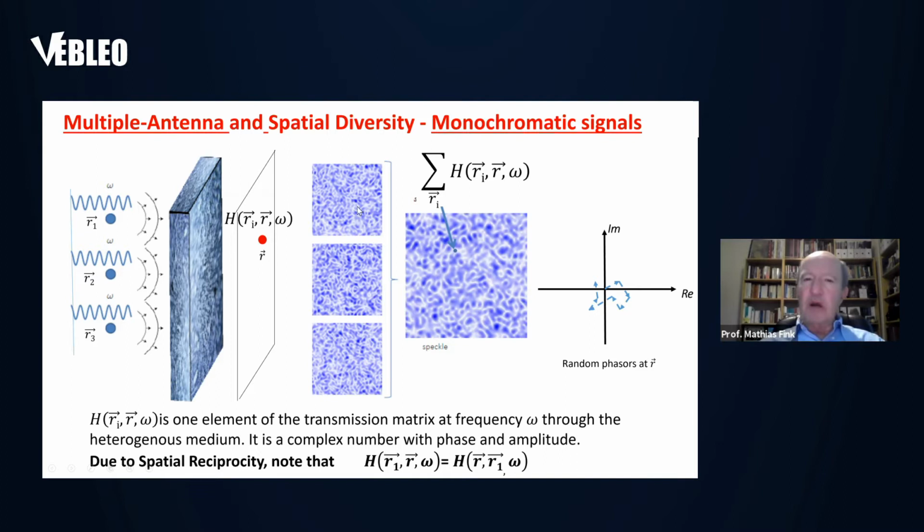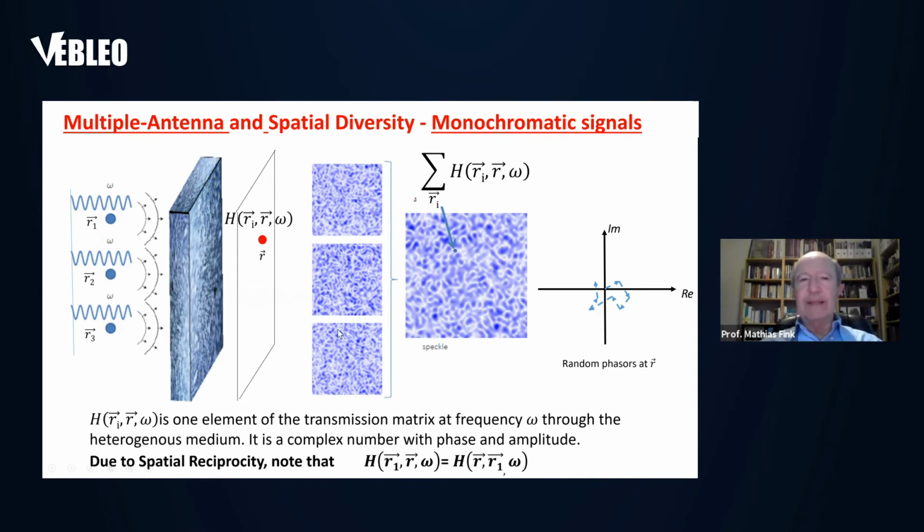This is the modulus of your field. And of course, you have a modulus map, but you also have, at the same time, a phase map. And the phase between this point and this point through all this multipath is a kind of random phase. Now, imagine that you have another antenna that emits. You have another speckle figure here. And if the two antennas are at a distance bigger than the coherence length, these two speckle patterns are completely uncorrelated. If you have a third antenna, R3,